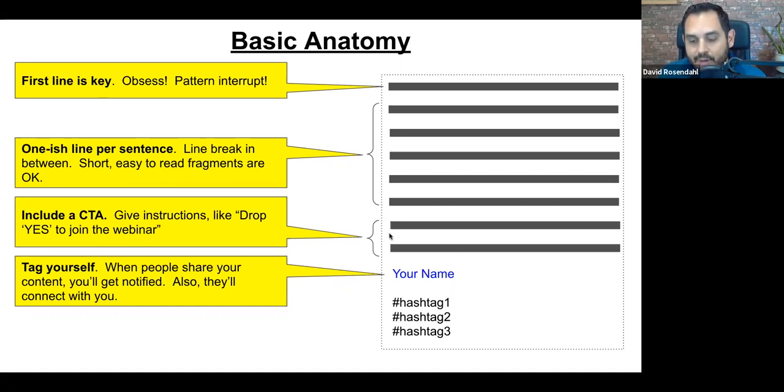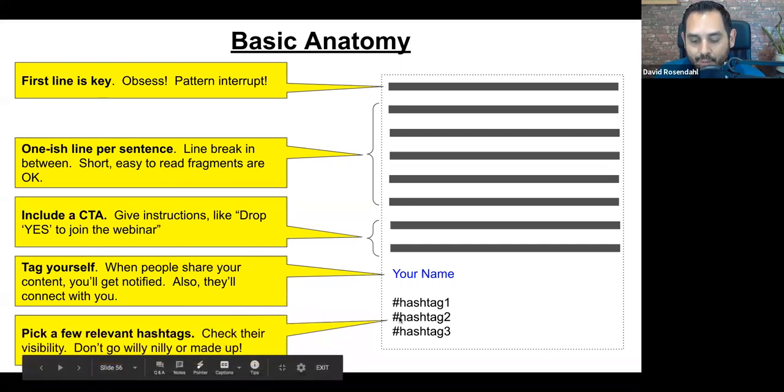And also, if in your call to action you say something like, hey, don't forget to connect with me if you like more tips on how to engage donors with direct mail, as an example, then this makes it easy for them as they're reading this to just click on your name and connect with you, okay?